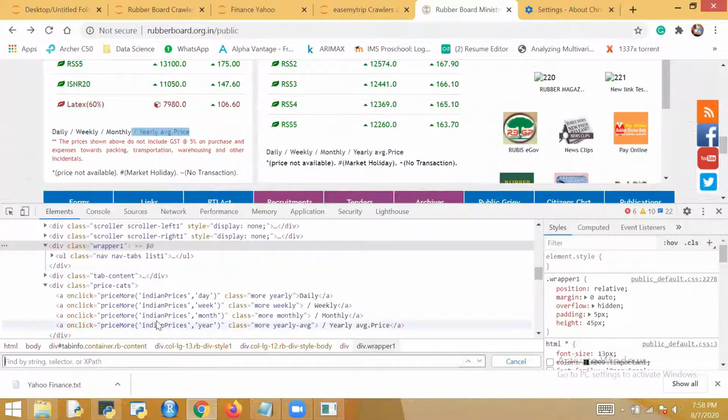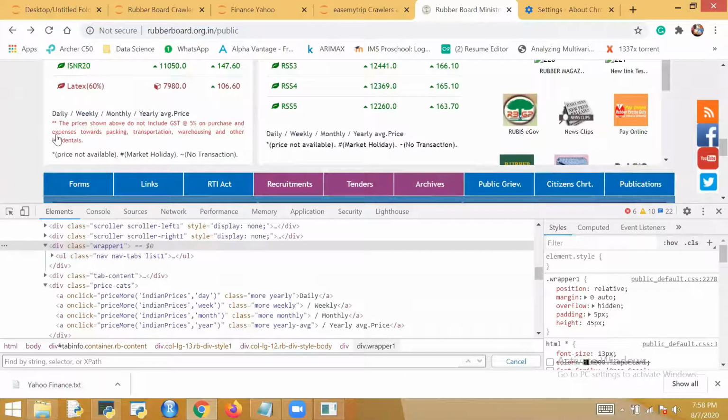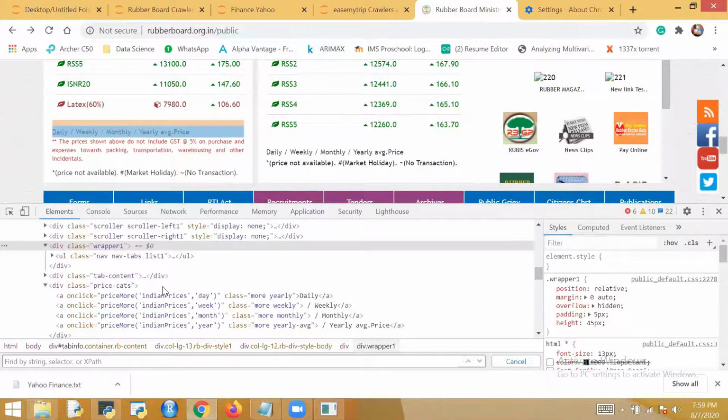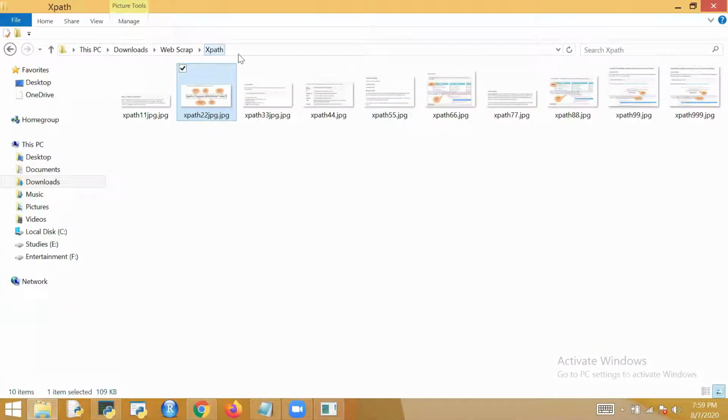Like suppose I want to click on this. Absolute will be like if you are searching in any location and you give C, Users, Shubham, Downloads, web scrap, and after that the folder and file. Here you have to give the entire path; this is your absolute path.